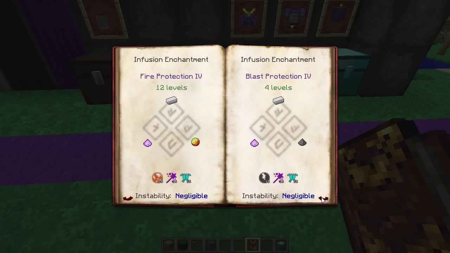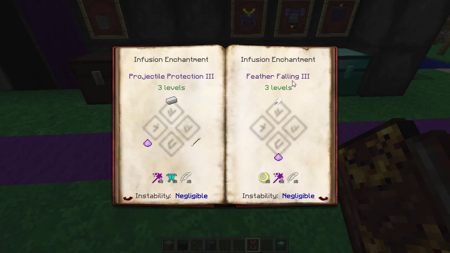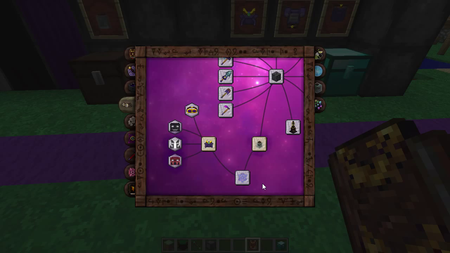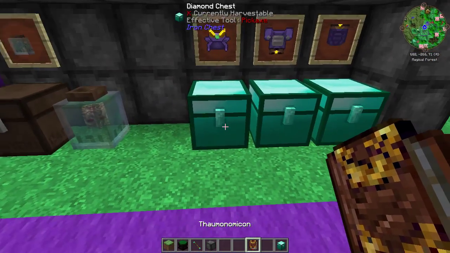Haste is a little bit more expensive, so the better ones are more expensive and the not so great ones are cheaper. Like you can even get Feather Falling for 4 levels. Well, a total of 10 levels, but it's still pretty good. Obviously, it takes a little bit of sentient stuff to get up there, but I'll let you guys have a